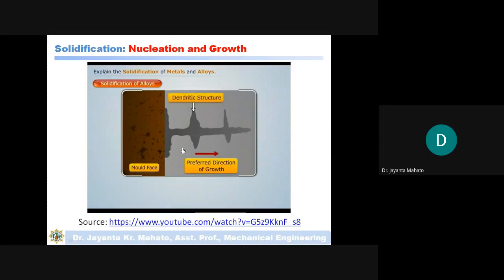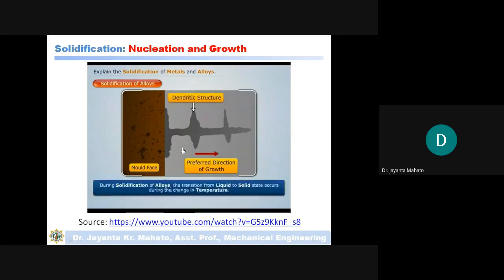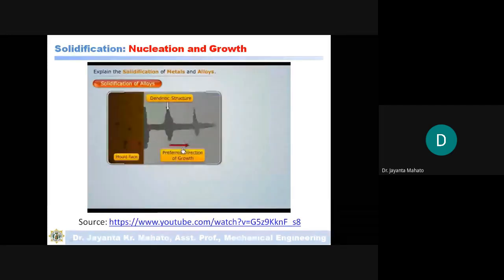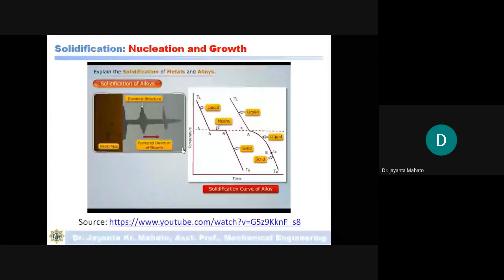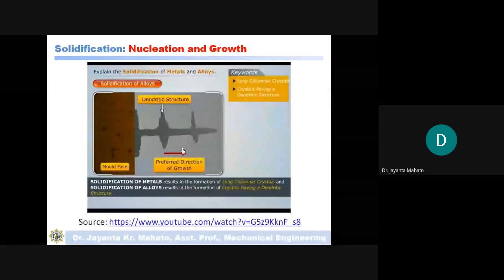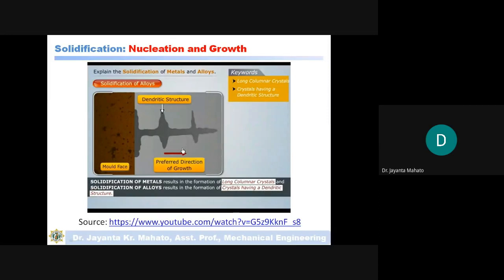Note that during solidification of alloys, the transition from liquid to solid state occurs during the change in temperature. This can be represented graphically as. Thus, we can say that solidification of metal results in the formation of long columnar crystals, and solidification of alloy results in the formation of crystals having a dendritic structure. The related terms are